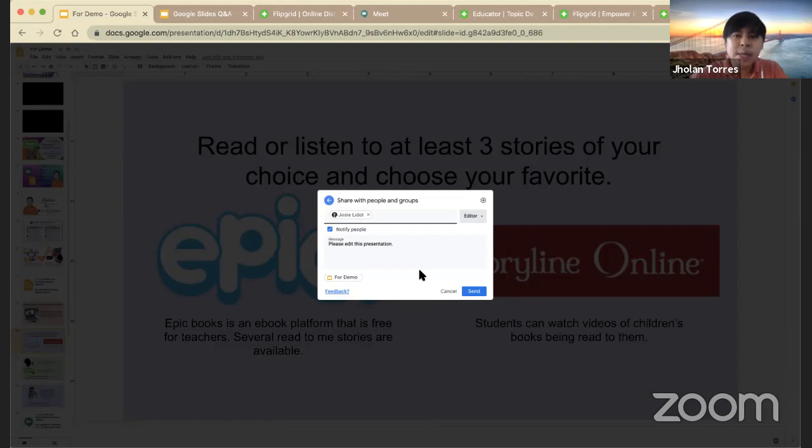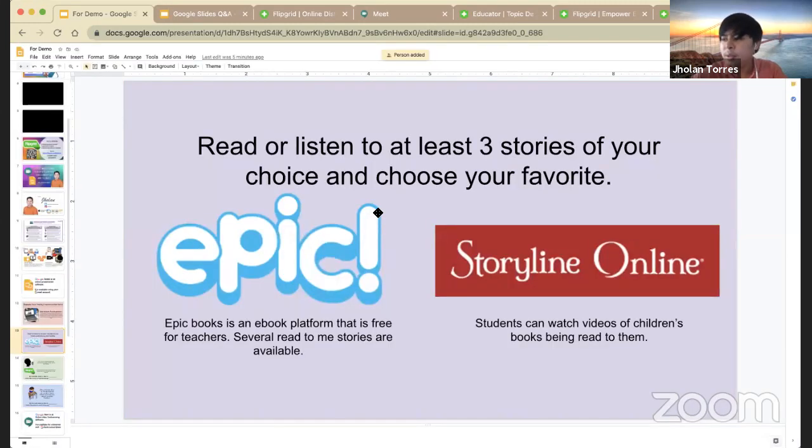Then you want to see it right away. Make sure that you are already there. Then just share the presentation to the group. Or for that particular student, send it to that email. All right? So that's how you can use Microsoft, I mean not Microsoft, sorry, it's Google Slides. Then there, you can use that one.